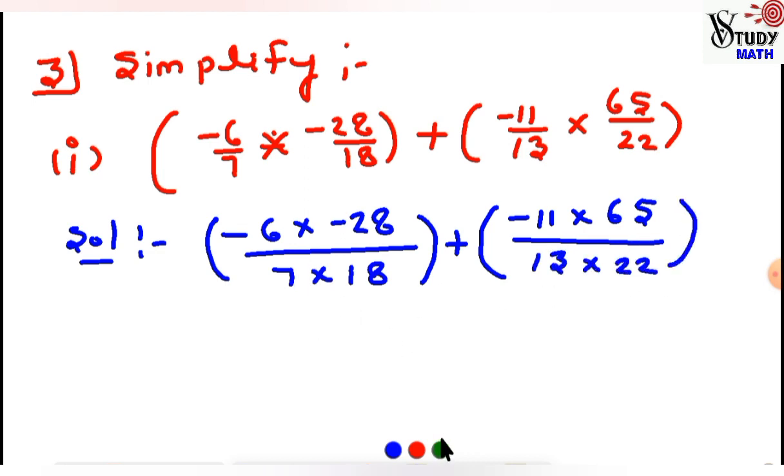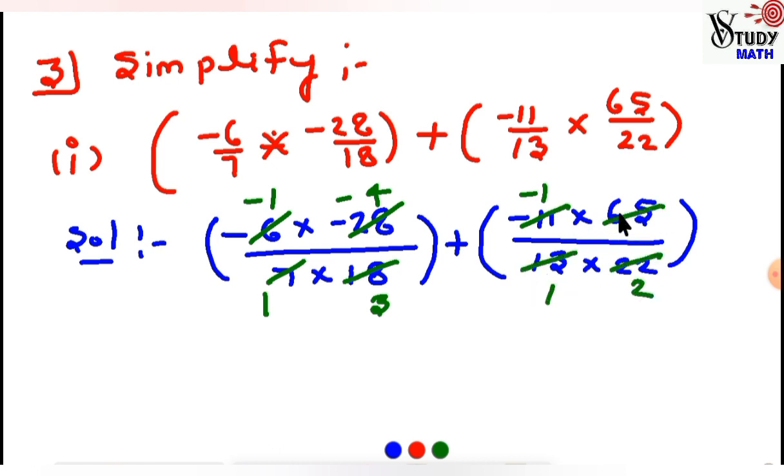Now cancel out: 7 1 ja 7, 7 4 ja negative 4 times, 6 1 ja 6 negative 1 time and 6 3 ja. Now 11 negative 1 time, 11 2 ja, 13 1 ja 13 and 13 5 ja. So here what we do, cancel out the common factor. When negative 1 multiplies negative 4, it becomes positive 4 by 3. Positive, we have negative 5 by 2, small bracket close.